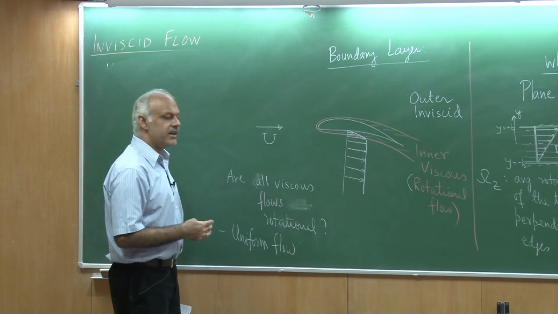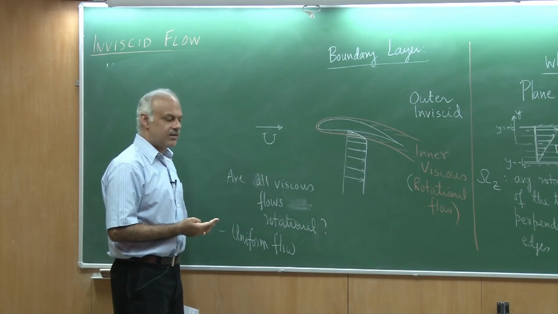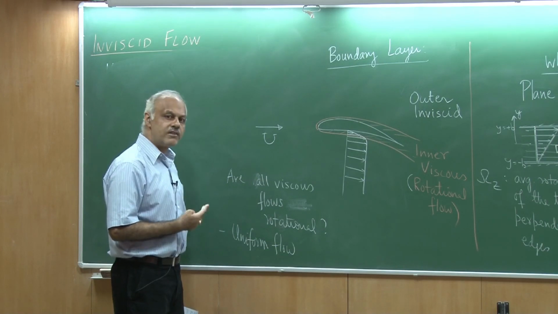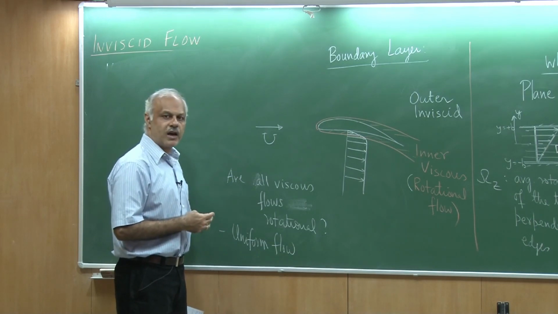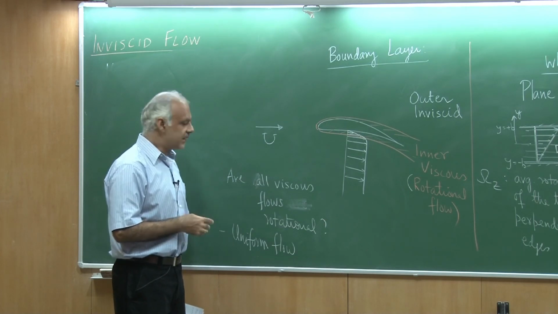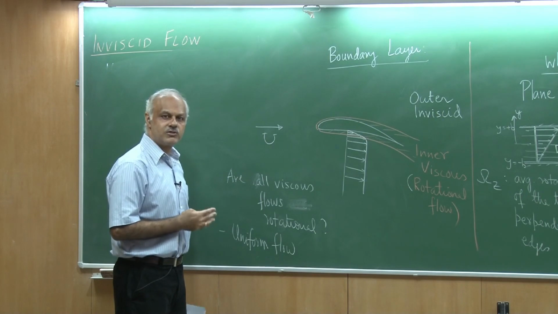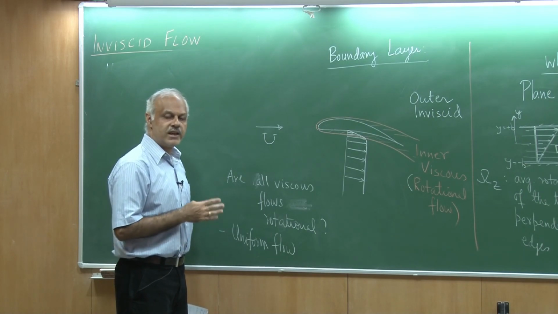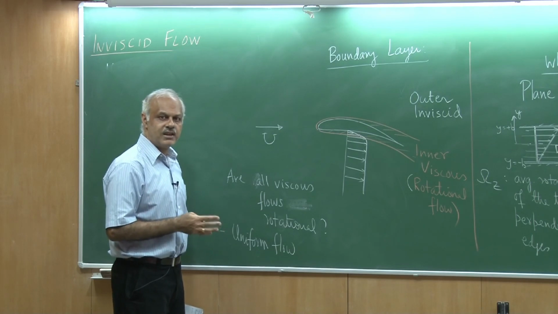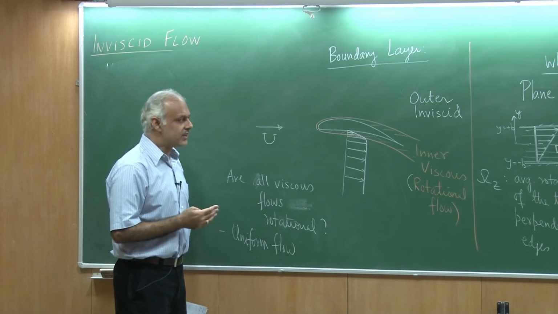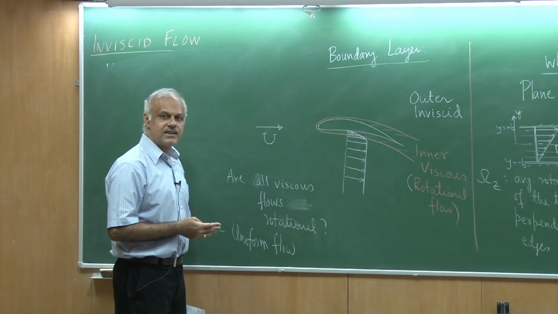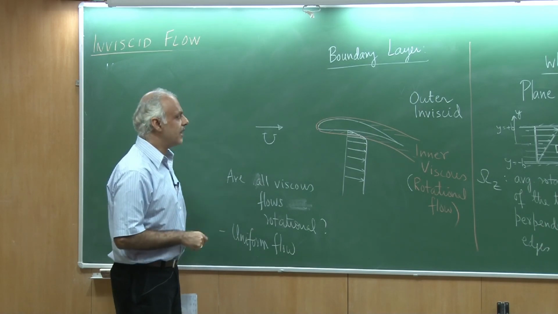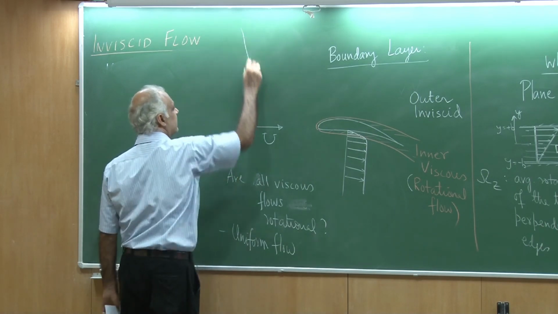On the other hand, I could have inviscid flows, and I could ask, are inviscid flows always irrotational? And we have just looked at some examples. I gave you the example of a forced vortex and a free vortex, and they both could be in the context of an inviscid flow. So, viscosity is 0. An inviscid flow with a free vortex is an irrotational flow. On the other hand, an inviscid flow with a forced vortex is a rotational flow. So, I hope the concept of rotationality is now clear to you.